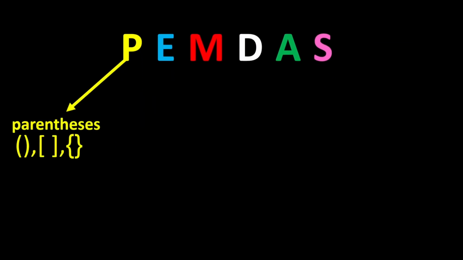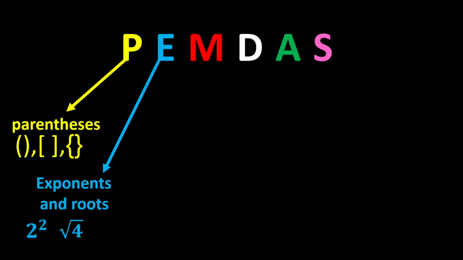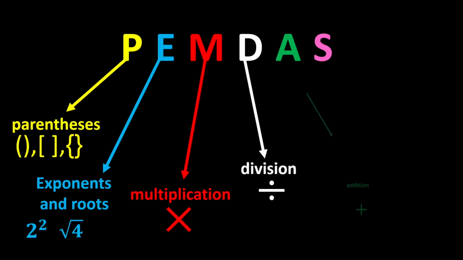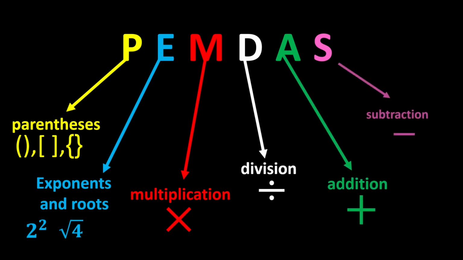P stands for parentheses. E stands for exponents and roots. M stands for multiplication. D stands for division. A stands for addition. And S stands for subtraction. According to PEMDAS, in any mathematical expression, we first calculate parentheses, then exponents and roots, then multiplication and division, and